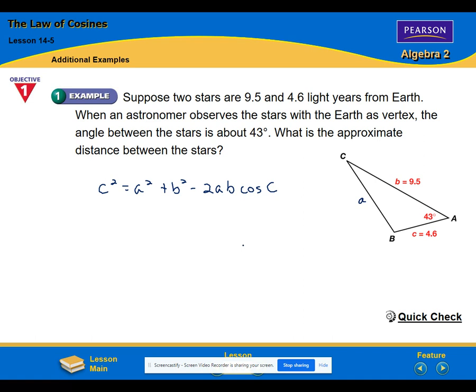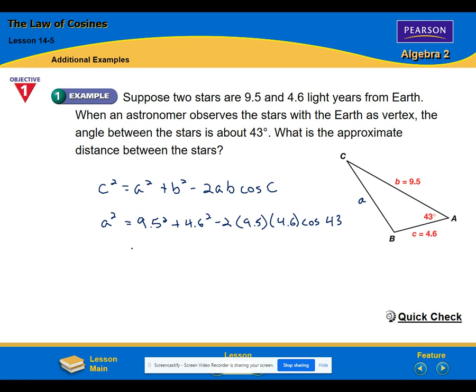And the way that looks in this problem is that A is going to go right here, is equal to 9.5 squared plus 4.6 squared minus 2 times 9.5 times 4.6 cosine of 43. Your calculator needs to still be in degrees. That's going to be just true for the rest of this chapter. I don't think we'll ever use radians again, actually, in this class. And then you're just typing this into your